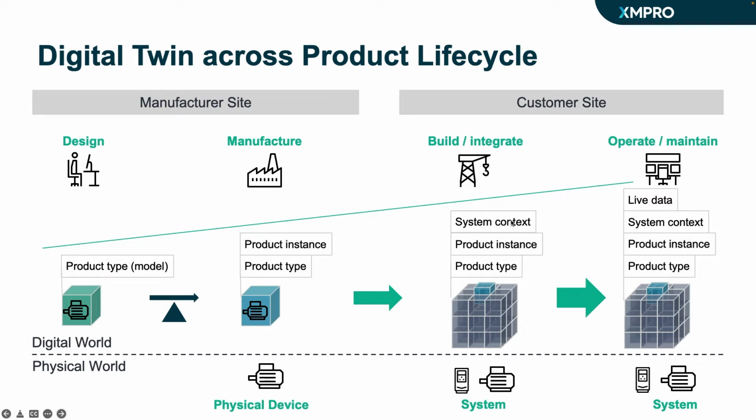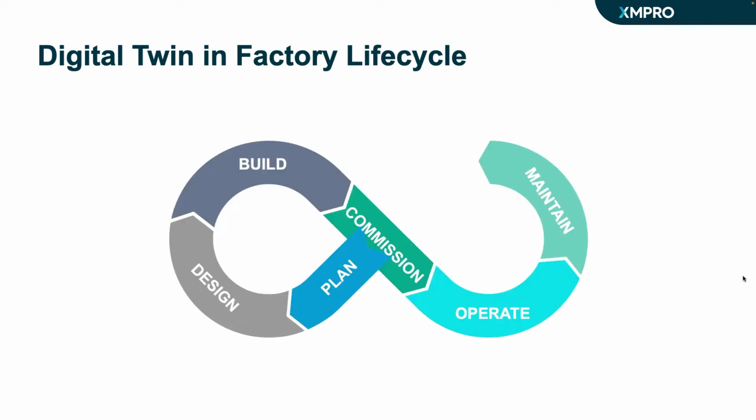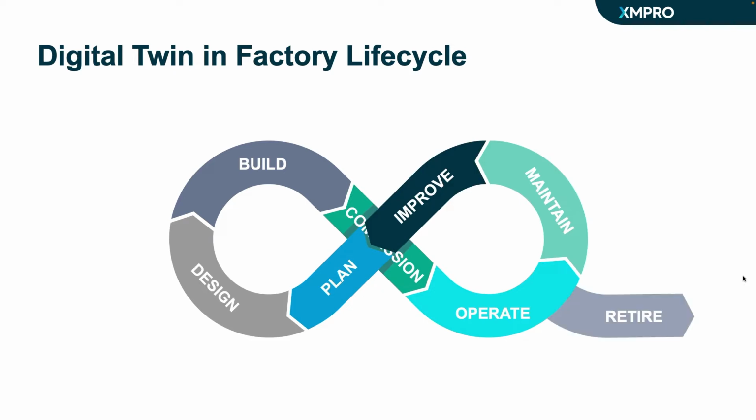We start building out and start building these aggregate or composite digital twins. And then when we put them into operation, we get real-time telemetry and other data to it. This is when we actually add another dimension from a digital twin perspective. If we look at the factory, however, the life cycle could look slightly different, and the facility that we create